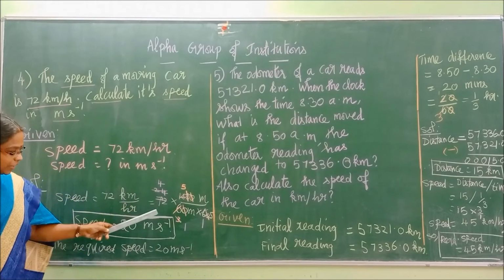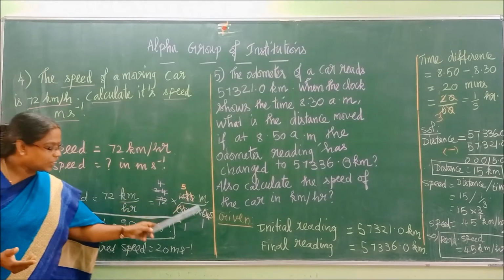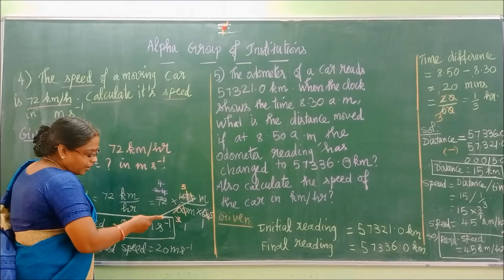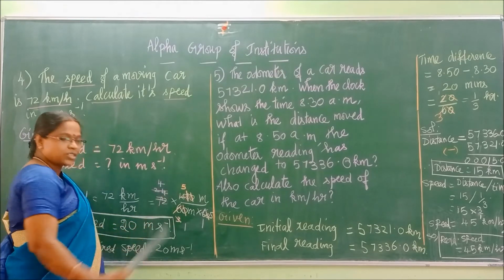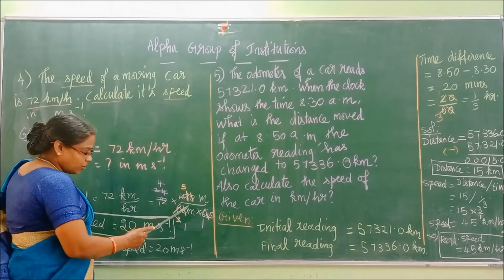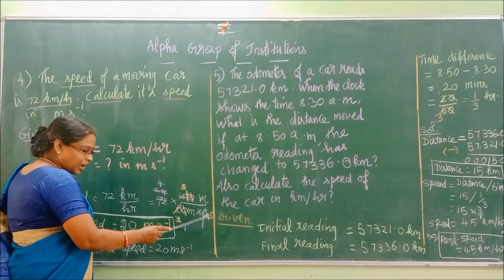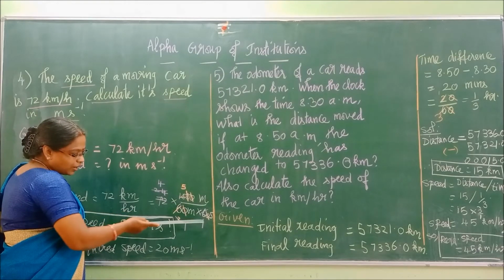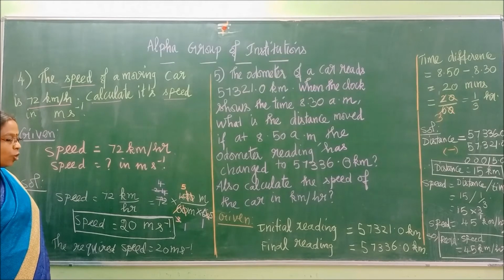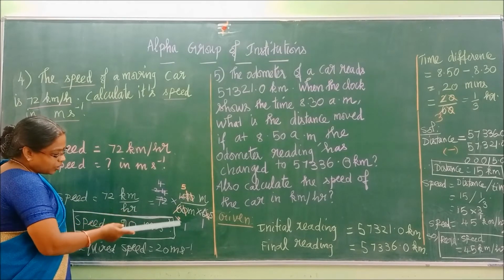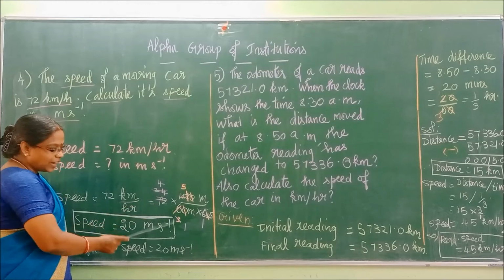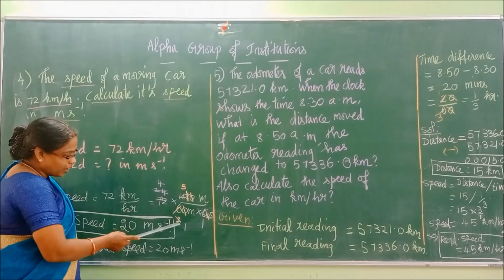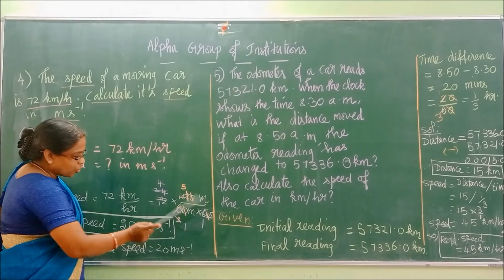Now 72 into 1000 by 60 into 60. This is all you need to convert. Now here 2 zeros are here. This 1 zero and that 1 zero you can strike out. Here 1 zero, here 1 zero, and another zero here, another zero here. So they are struck out. Now you have 10 here and 6 here, 6 here. So you can go with 2 now. Here you can see 2 3s are 6, 2 5s are 10. Right? So this one step is over. 5 over here, 3 over here, and we have 6 over here.